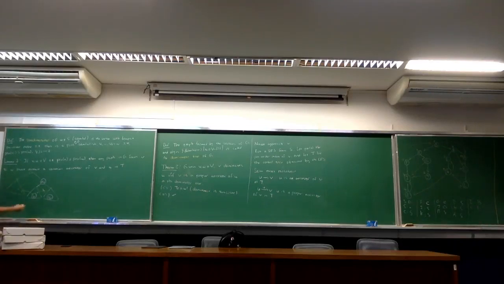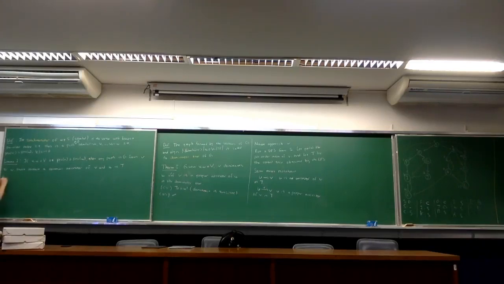So yeah, the only way you can reach W from V is by going through some back edges, reaching some common ancestor, and then going down using forward edges or tree edges. Is this enough to convince everyone that the lemma is true? I'm sorry, I cannot give a more formal proof. All right.